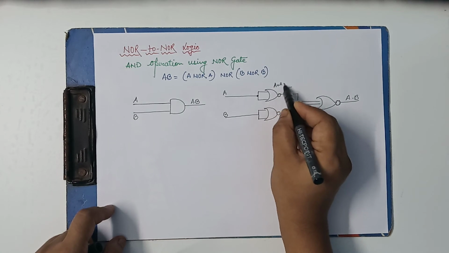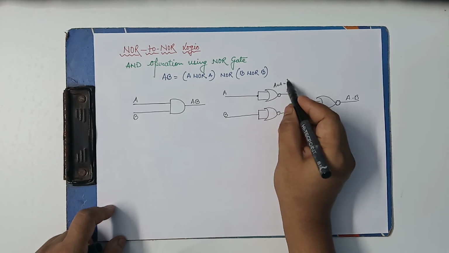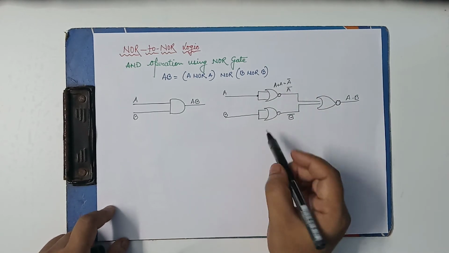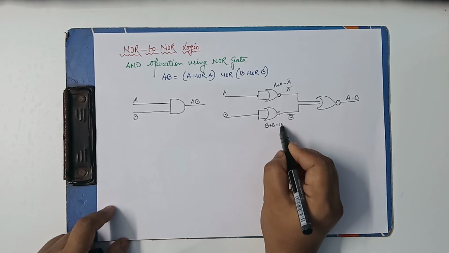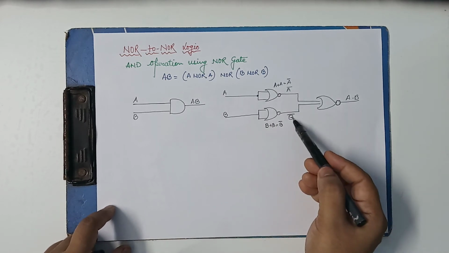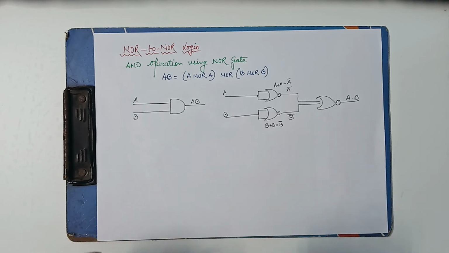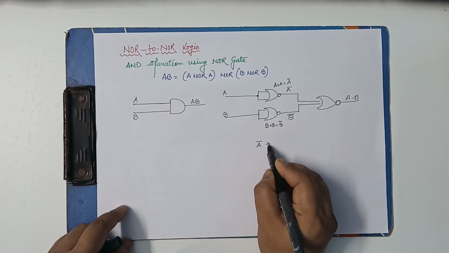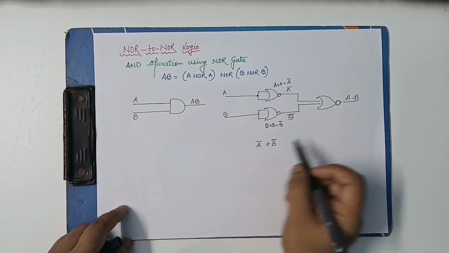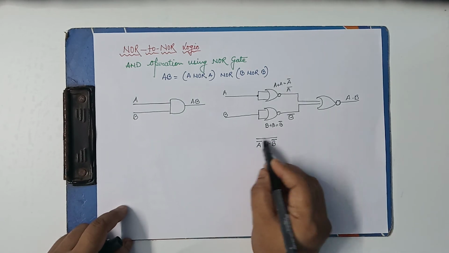A plus A, which is A only, and since it is a NOR gate, the complement will be there, so A bar. Similarly over here we have passed B, so B plus B is equal to B only, and since it is a NOR gate we will get the complement. So here we have got the B complement. Now we are going to pass it through the next NOR gate. Okay, so over here A complement plus B complement, since we are going to pass it through the NOR gate, we have to do the complement also.